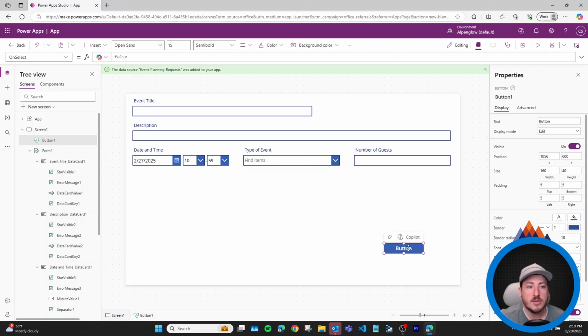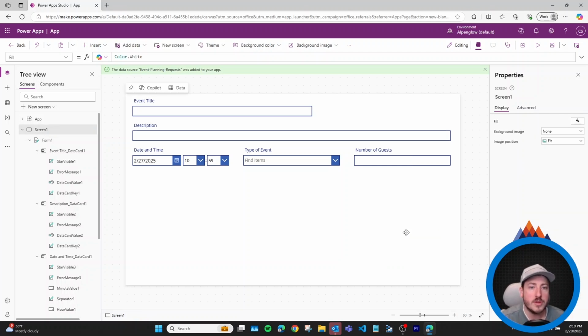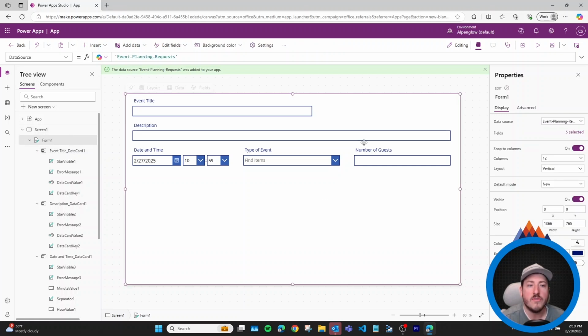And what this is going to do is if you add the button that way, it's going to keep this kind of in a static location, which will make it really tricky if folks are using different screen sizes. You may end up having the button overlap one of your fields, and it's kind of a clunky experience. So while you can do it that way, what I want to cover briefly is adding it to the form